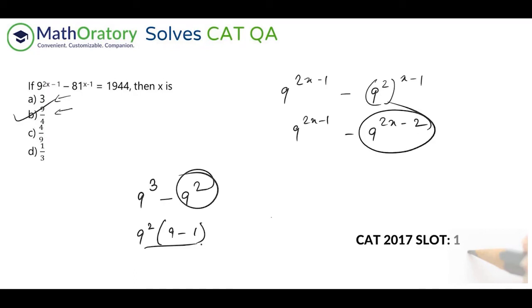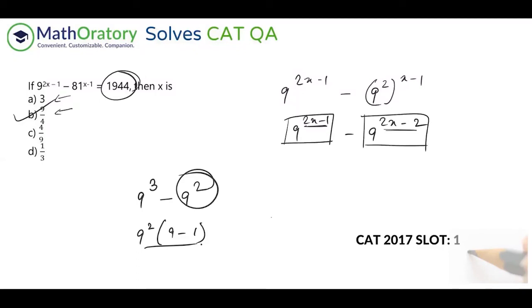You don't even have to evaluate it, because if this would have been a higher power, how can this number be a positive number? What I mean by that is, if 2x minus 1 is lower than 2x minus 2, then in that case, this value will be less than this value. Then the difference, this minus this, would result in a negative number. You cannot have a positive number, right? So effectively, what you can directly say is, this 2x minus 2 is a lower power. So if 2x minus 2 is a lower power, you just take this 2x minus 2 in common.